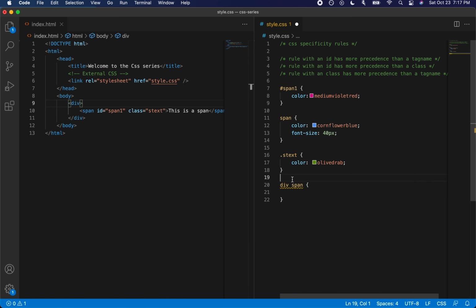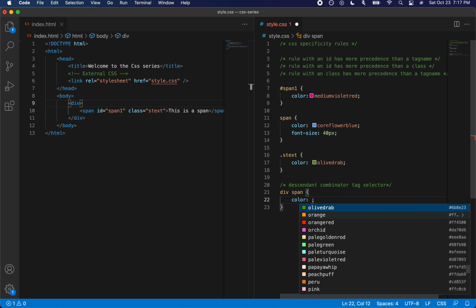Right now, I'm doing a combinator. Let's call this out: descendant combinator, tag selector, right? So I'm just using tag, and then the relationship is like a descendant relationship.